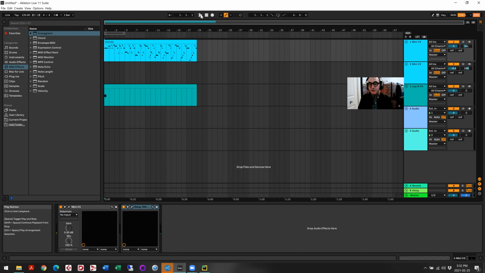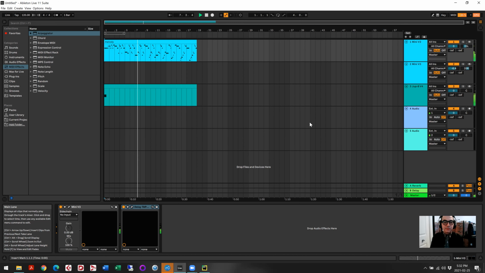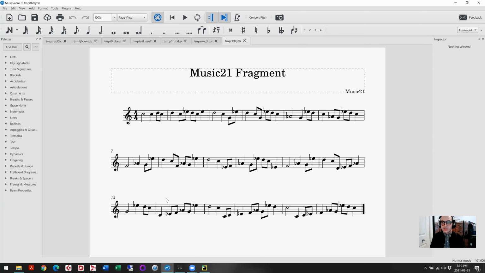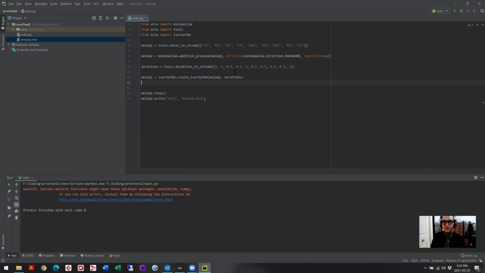I've programmed already a little bass line just to accompany it. And so on. So for example, here I have it like that. This is really my structure. And you can do other things. For example, here you have